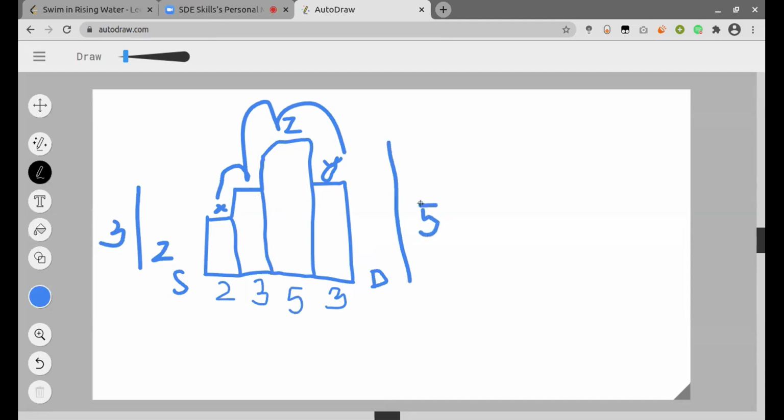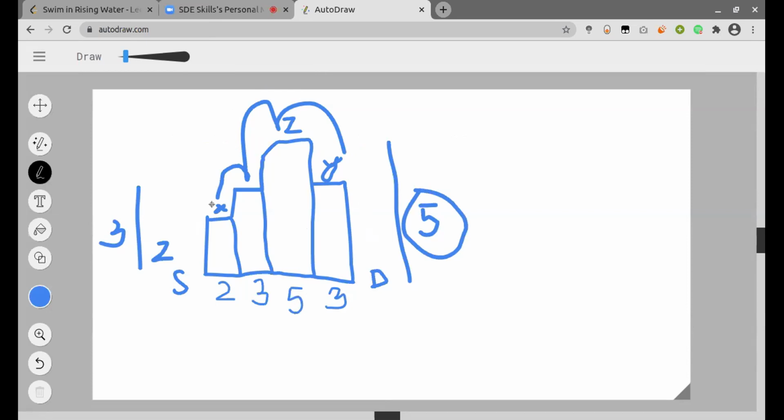So here we can see we always have to wait, and since the destination has height lower than 3, at time instant 5 this whole grid will be filled with water. So we can directly go from our source to the destination node. If we look at this closely, we will get to know that we just need the value of the grid which has the maximum value, which is 5 here.